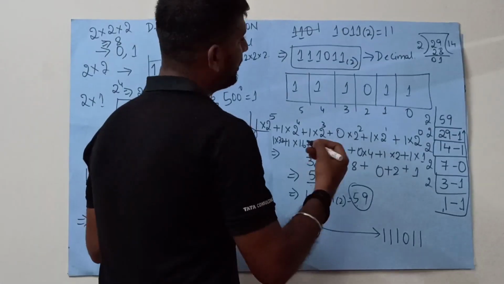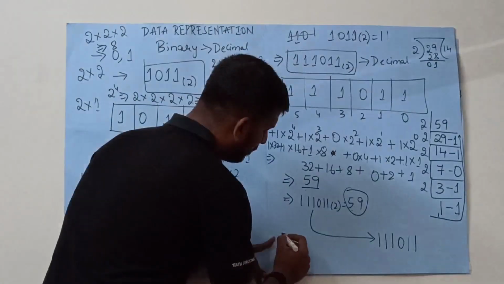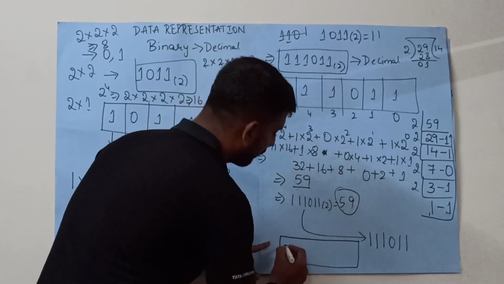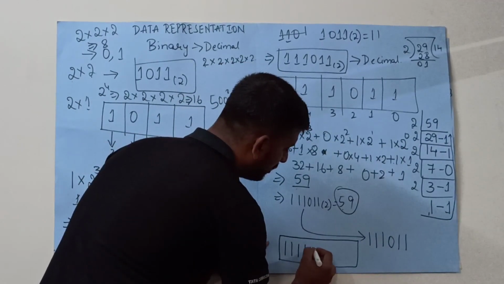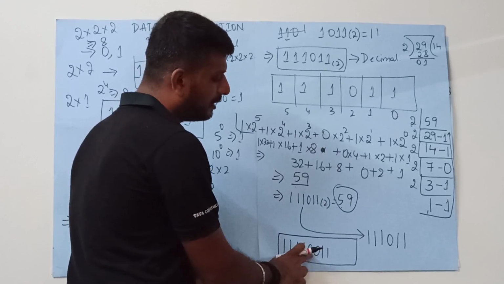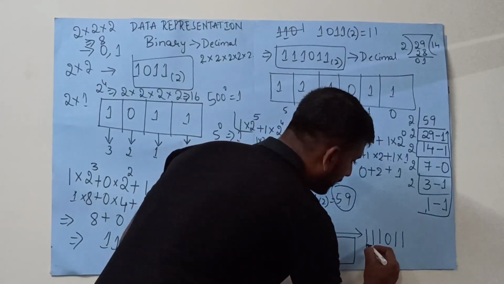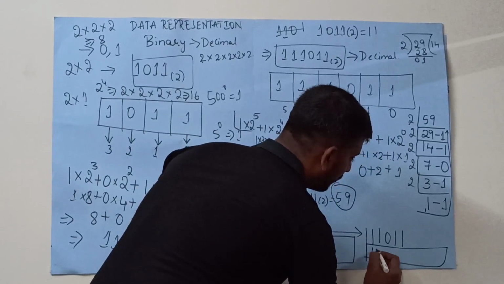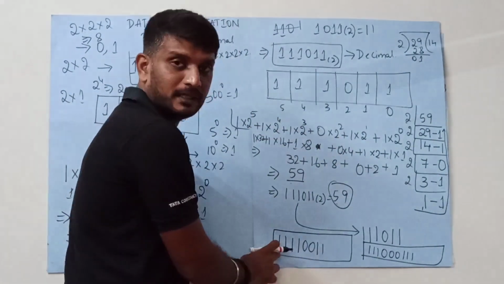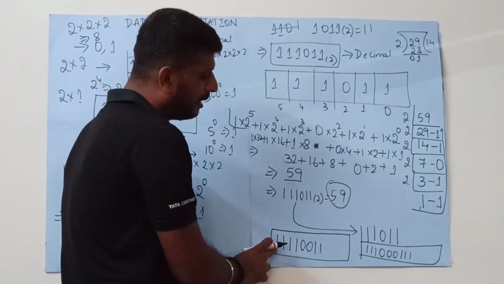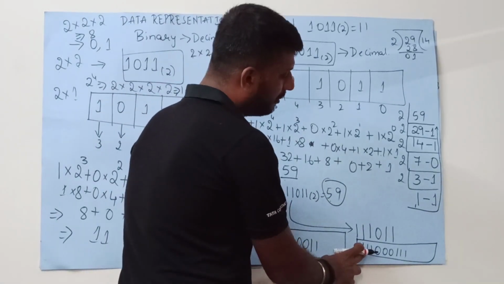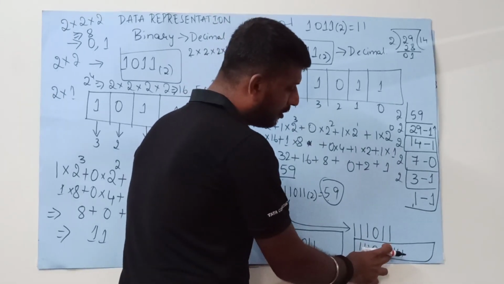So the assignment will be like this. Sorry for the inconvenience. I'll write this number over here. The first assignment problem will be 1111 0011. The second assignment problem is 111 000 111. So these are the two assignment problems. That is, the first one is 1 1 1 1 0 0 1 1. The second assignment problem is 1 1 1 0 0 0 1 1 1.